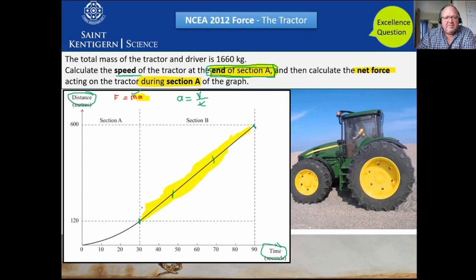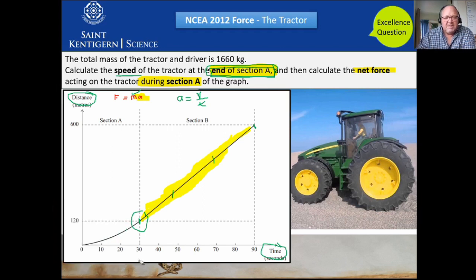And if we can figure out what the velocity is at that point there, we know that the beginning velocity was 0 and the end velocity is going to be the same as section B. I know it's a little bit counterintuitive, but just because this is the constant speed right there, because it's a straight line, we know that it's the same over the whole area. Over here we cannot tell exactly what the speed is in the different instances. We can give you an average, but we cannot give you the instantaneous speed,